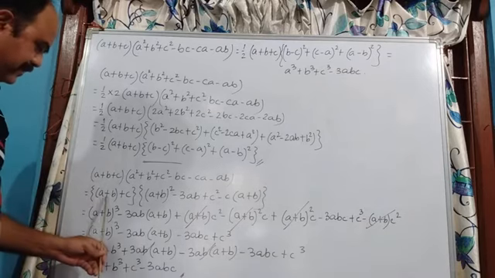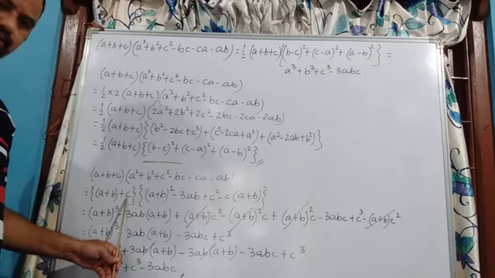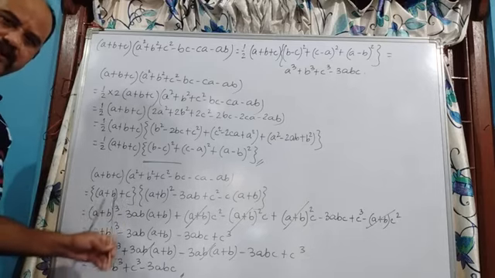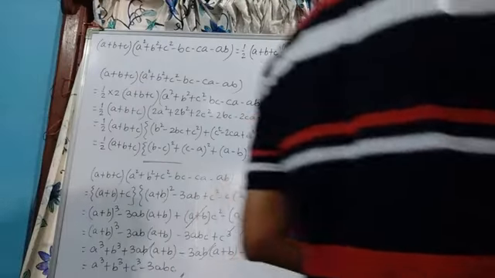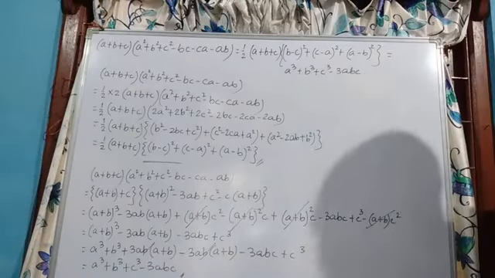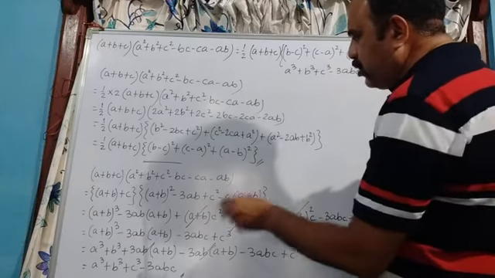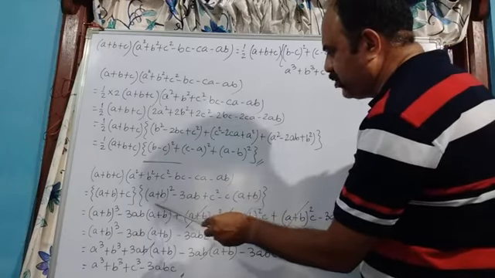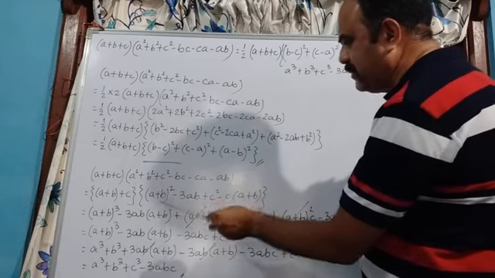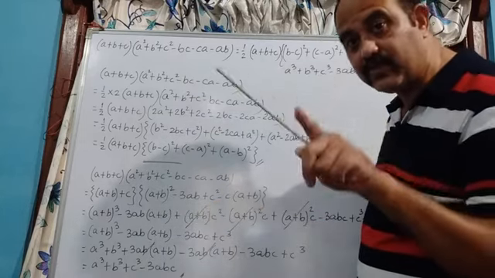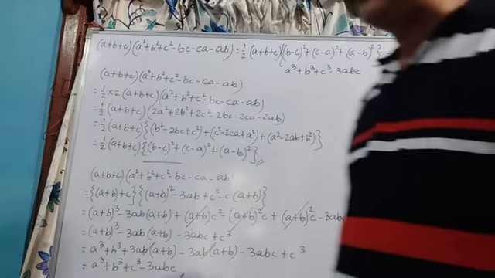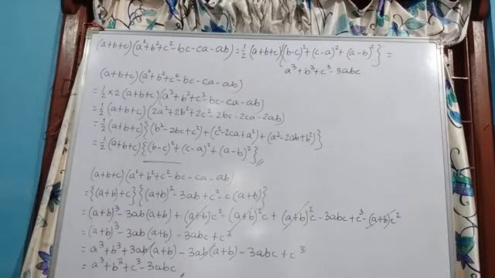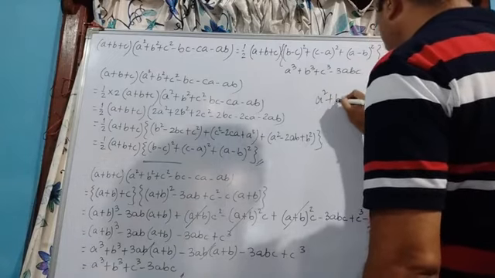So when I have separated a + b in one group and c in another group, since I have taken a + b in one group, I try to write all the things in the other part into a + b form so that I can proceed further. So here I have written (a + b)² with this a² and b². But with only a² and b² I cannot write it. So (a + b)² means a² + b² + 2ab.